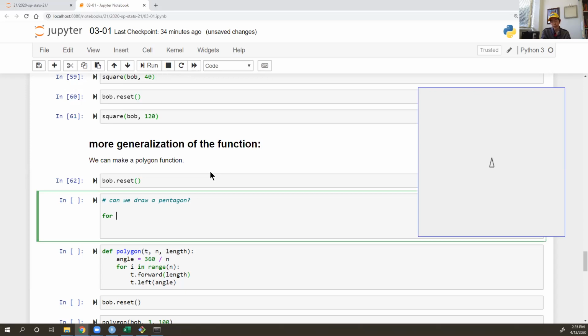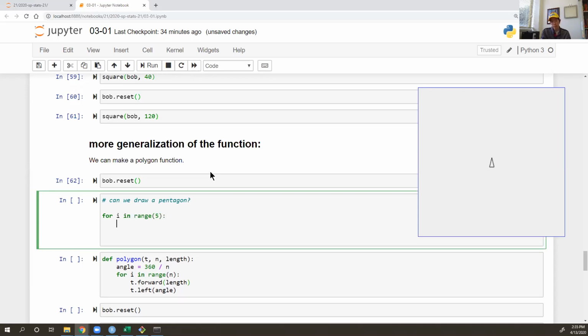Okay, and for a pentagon, what is the angle that we need to take, right? So for a square, the 4 angles are each 90 degrees, okay? Which means all 4 angles add up to 360 degrees. And similarly, for a pentagon, when you take,